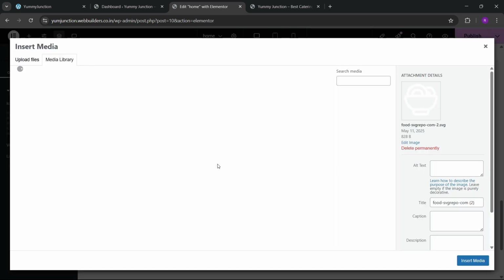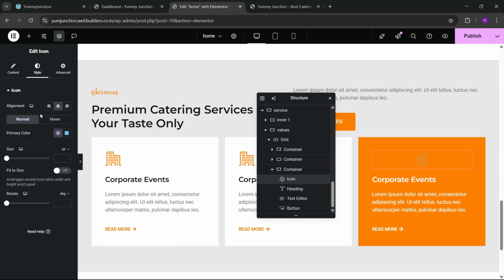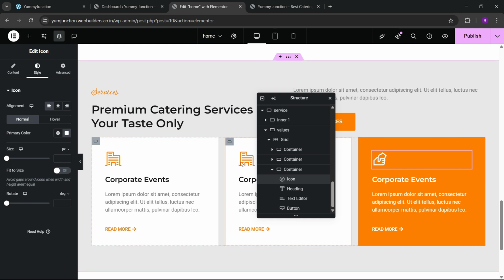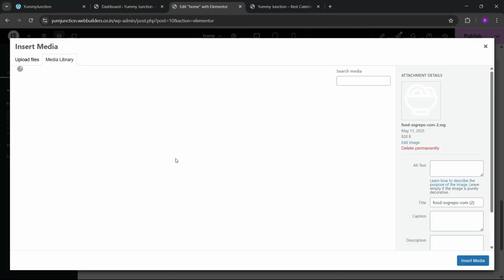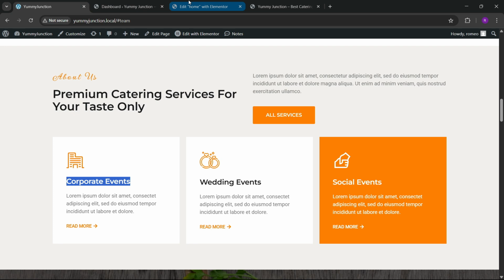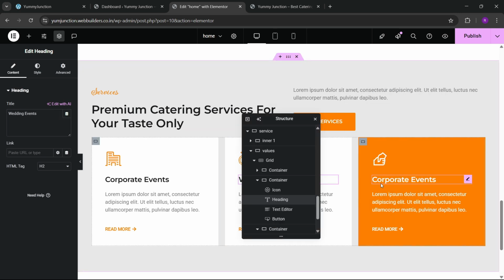Okay, now let's upload SVG. Okay, let me go here. Okay, so here you have to make this white. Okay, so this is working now, and here we can change the SVG to the wedding one. Okay, you have to just change all of this content. Like here you can change the wedding events. Like here we can, let's make this. Here we can have this wedding events,